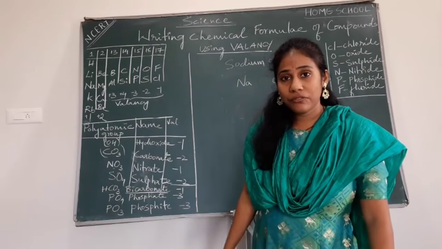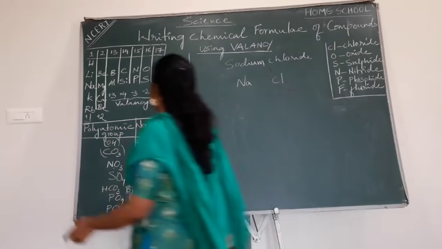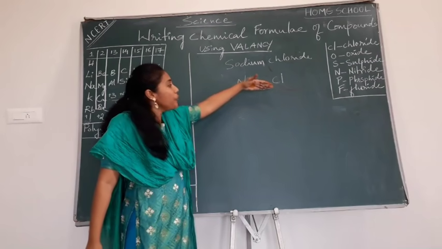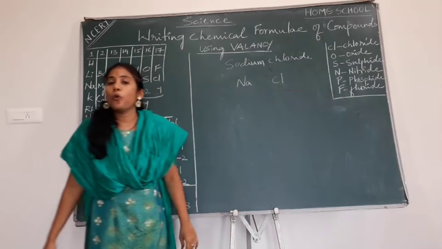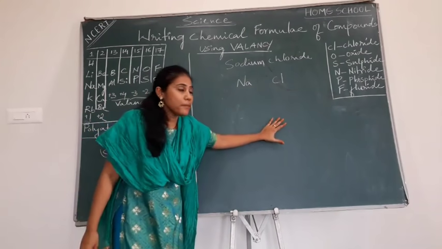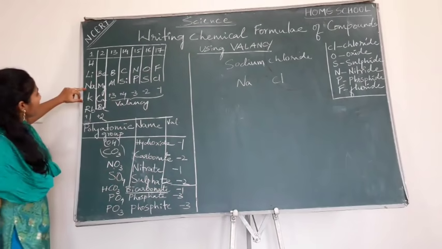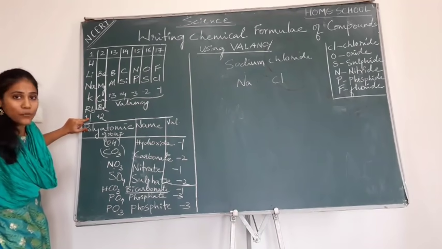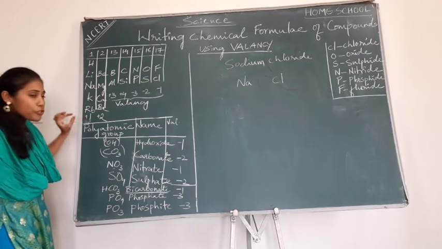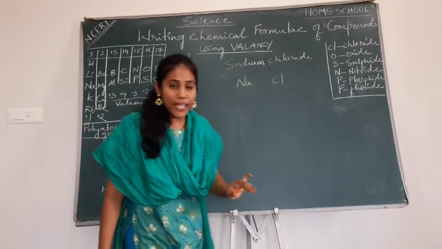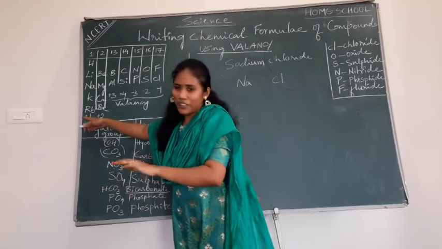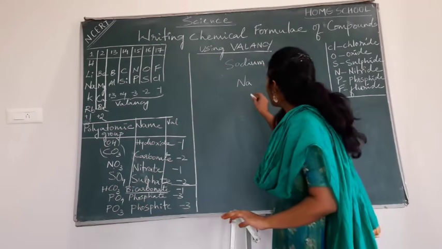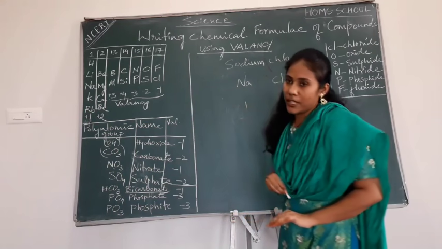And now comes the story of valency here. After writing these symbols, you have to write their valencies below. What is the valency of sodium, guys? Sodium is in group 1 elements and its valency is +1. All these elements show the valency +1. No need of any sign, just consider only the digit here. So, the valency of sodium is 1.